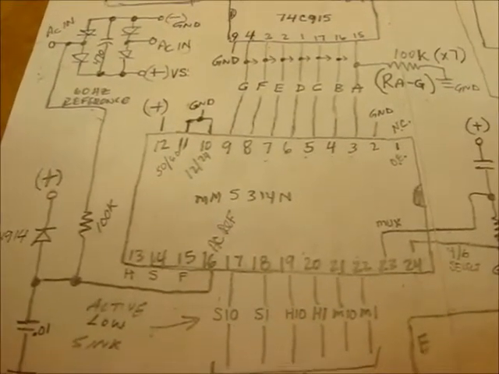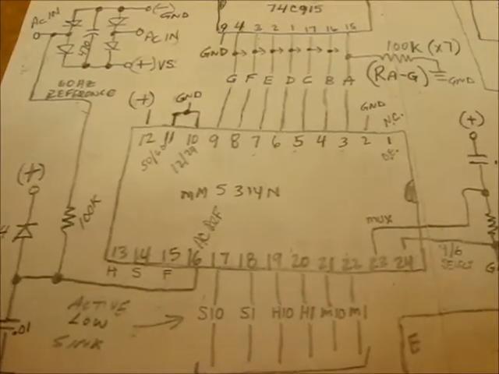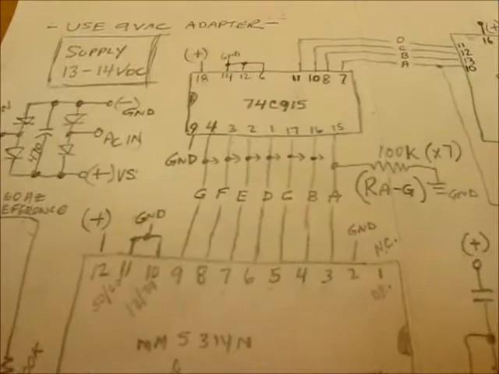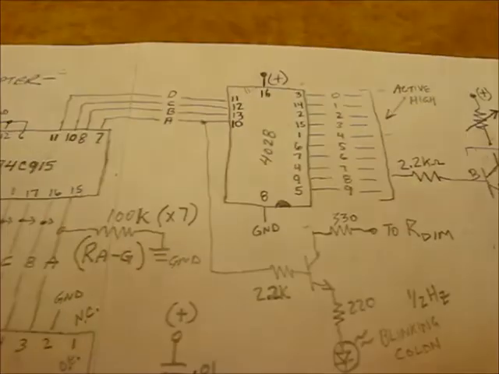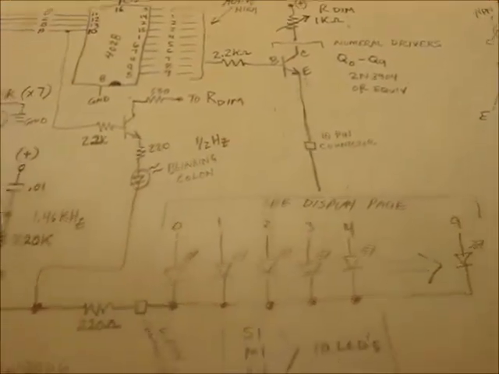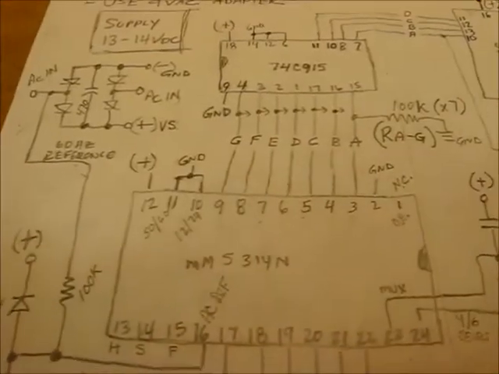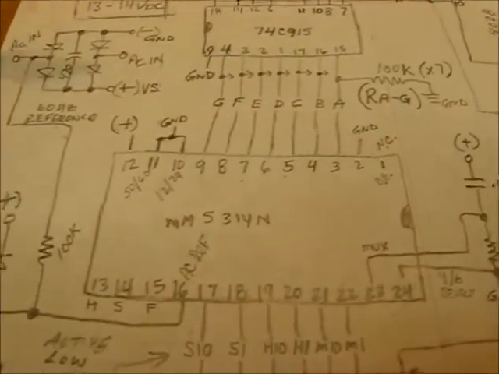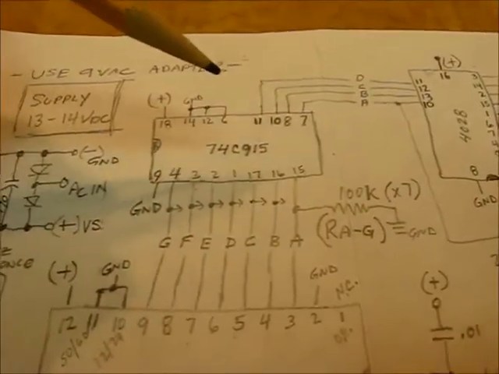But as far as this goes, it's basically using the MM5314N with the 74C915 with the CD4028. Instead of having a 7-segment output, we're going to have a 1 of 10 output for driving edge-lit displays and similar. So basically the problems I had in the beginning trying to get BCD working out of this